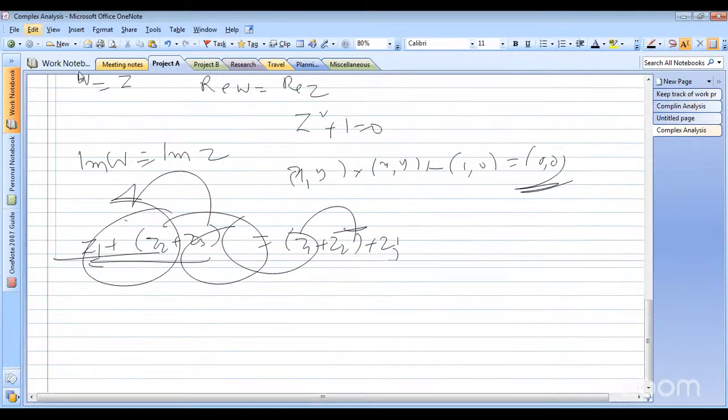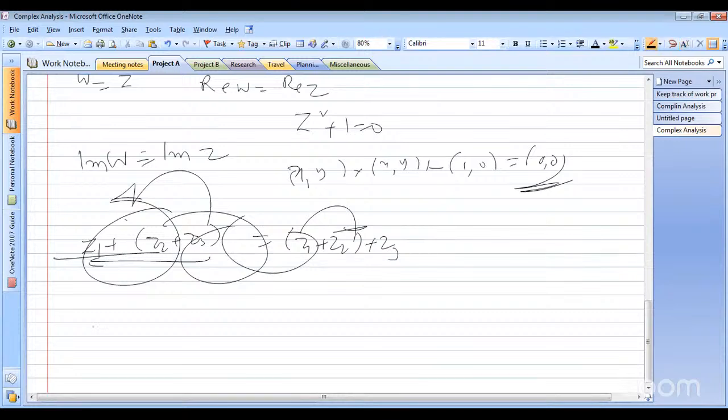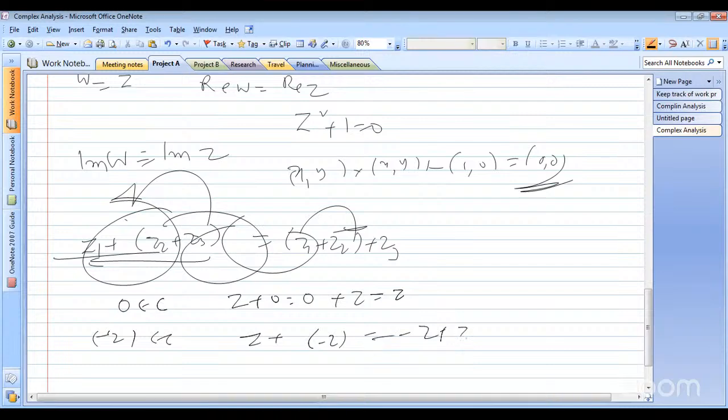Then the existence of the additive identity. The additive identity is defined as: there is a 0 belonging to C, and z plus 0 is equal to 0 plus z is equal to z. Then the existence of the additive inverse: minus z belongs to C. We are writing here z plus (minus z) is equal to minus z plus z is equal to 0. Then the commutative law